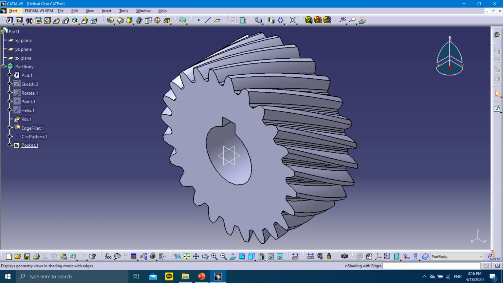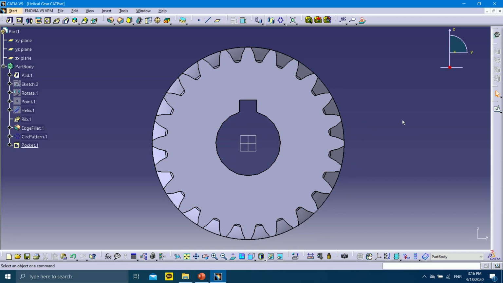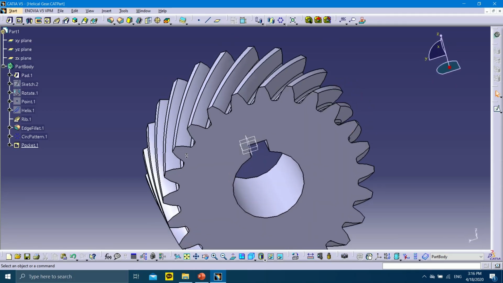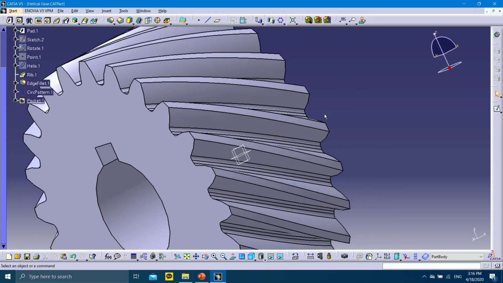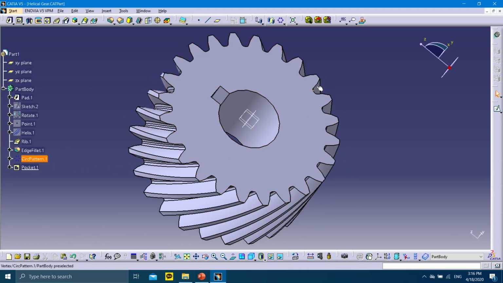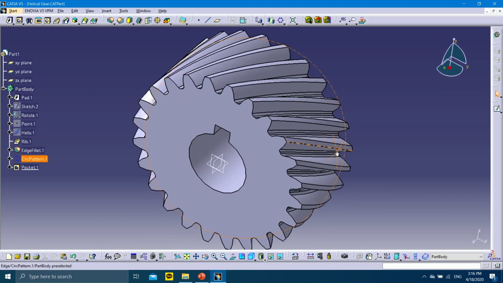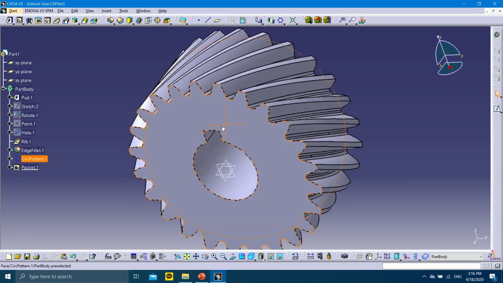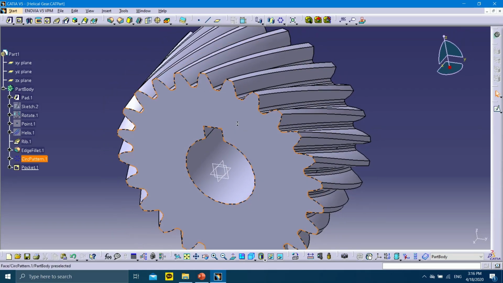Thanks for attending this lecture. I hope if you have any question, just email me or contact me. And I think this gear is a basic component in many mechanical parts, so I think it's important to know how to draw this in CATIA. Maybe it's very useful for you. You have to know how to draw the gear because you are in mechanical engineering. Okay,